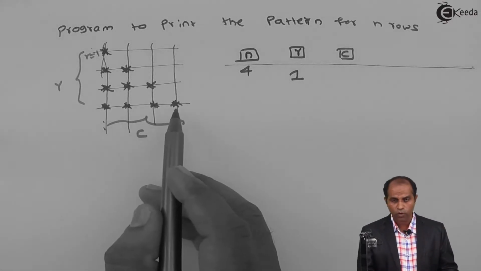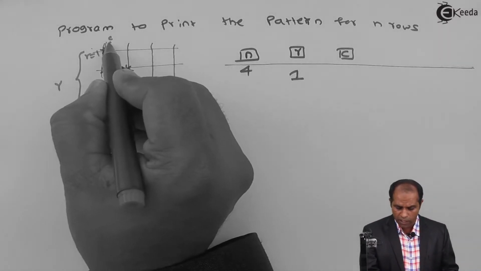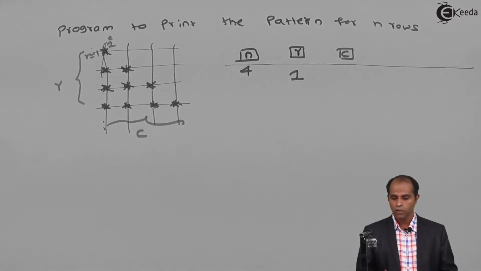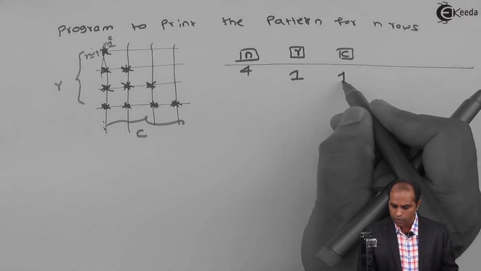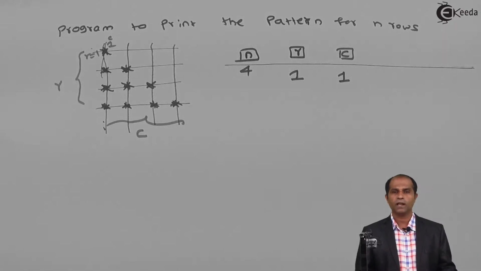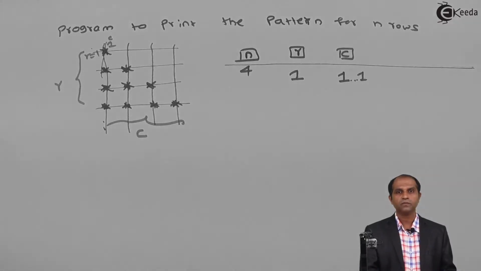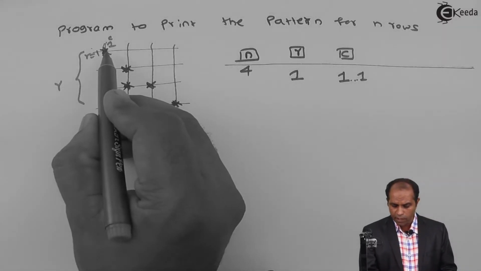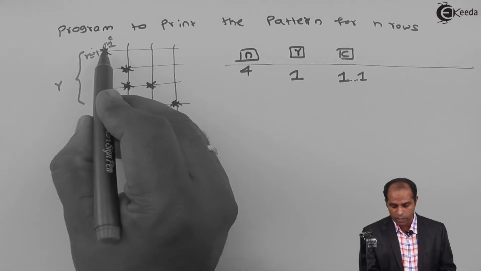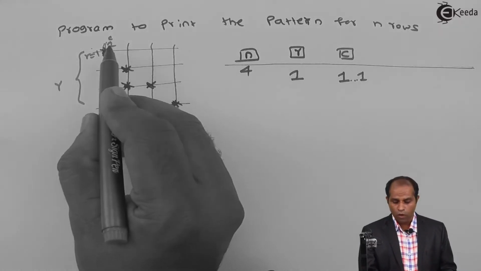Am I going to print all the 4 columns? No. I'm going to have only c with the value as 1. So the variable c will start with 1 and end up at 1 itself. So now, as soon as I complete this particular c value, when c goes to 2, or when c is